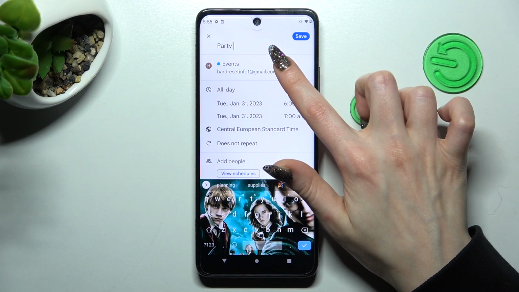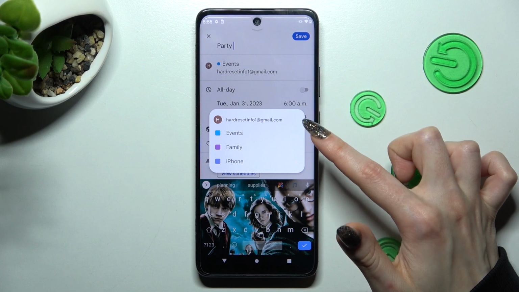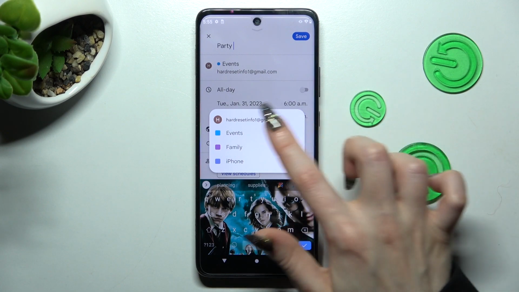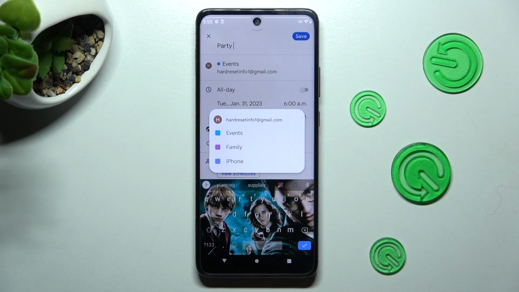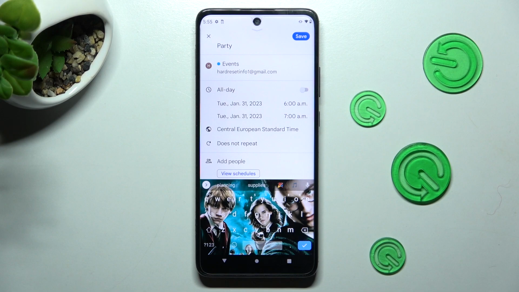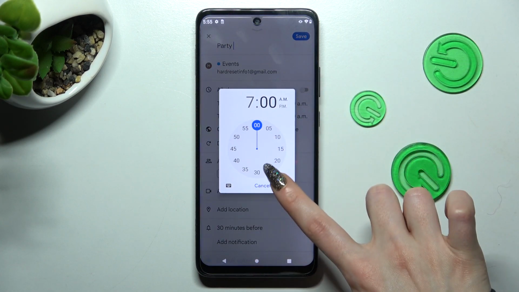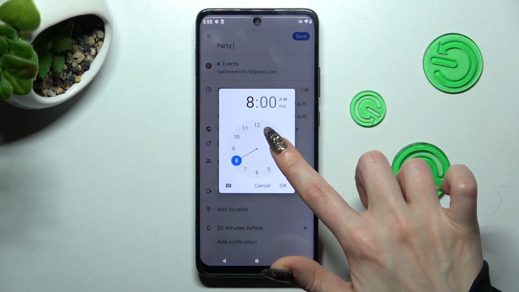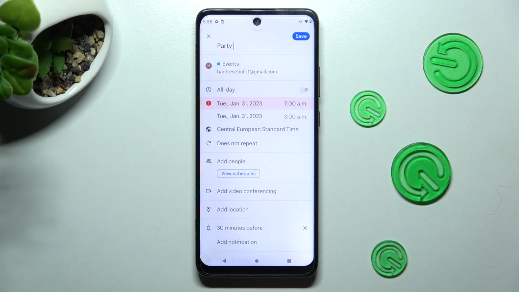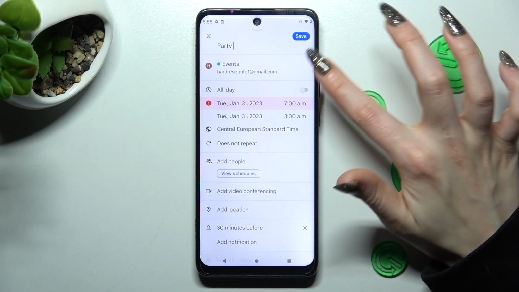Then click on Events, pick one of those sections, in my case Events, or select one of your email addresses if you have more than one. Over here you can pick starting hour and ending one. If you don't want to do that, you can always click on this switcher next to all day to disable